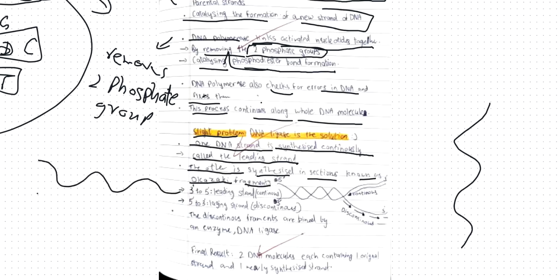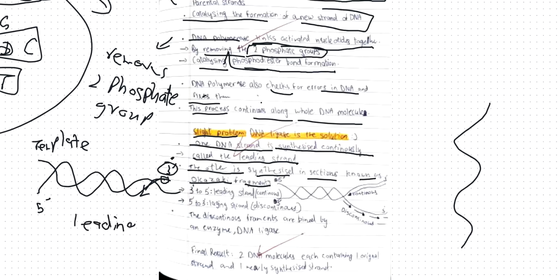DNA replication, this is the template strand. And the continuous DNA strand that will be synthesized. So the DNA polymerase first moves from the 3 to the 5. This strand, the 3 to 5, is known as the leading strand. And in the leading strand, you'll have continuous